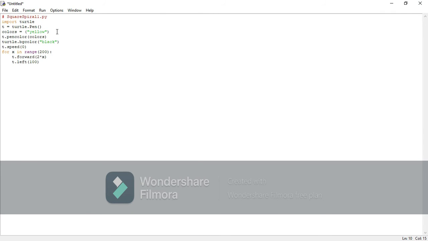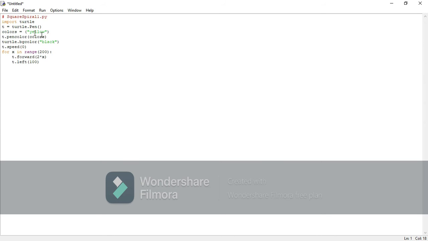Now let me explain all one by one. Square spiral.py, and this red thing here, the computer doesn't need it. If you type with the hashtag mark anywhere, that is only useful for us, like remembering what we are doing. Now import turtle, we are importing the turtle from the turtle library. Now T is equals to turtle.pen, we want this turtle to draw something.